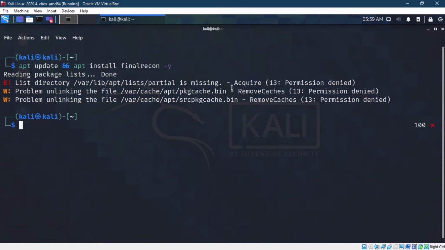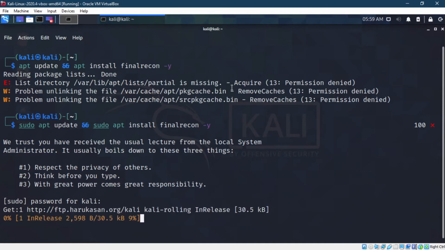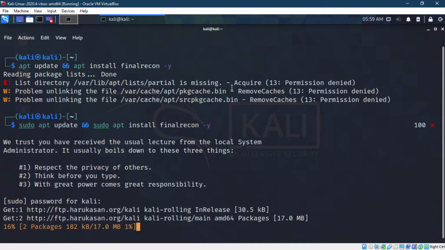Okay, yeah, sudo is missing. Try to add sudo if you are logging in with the Kali account. In case you did not know, the username is Kali and the password is Kali, so that's what you can use to